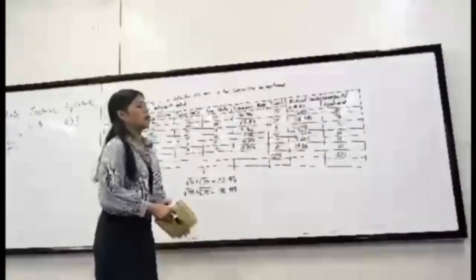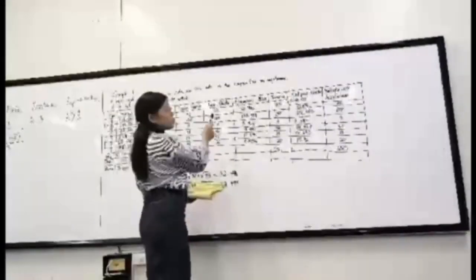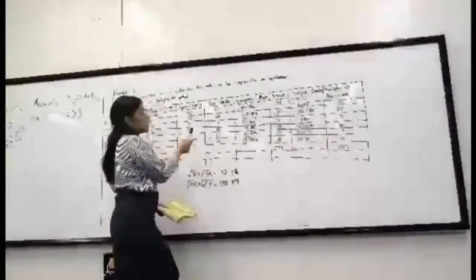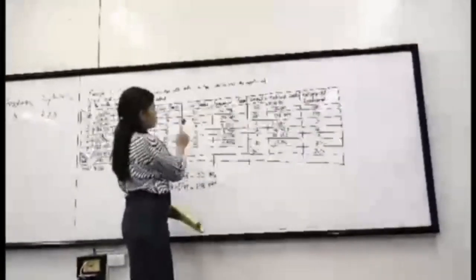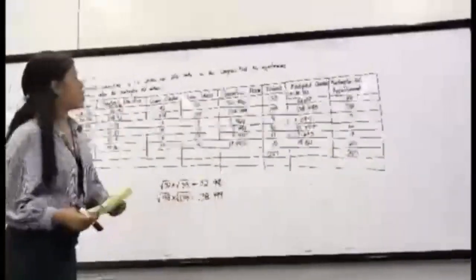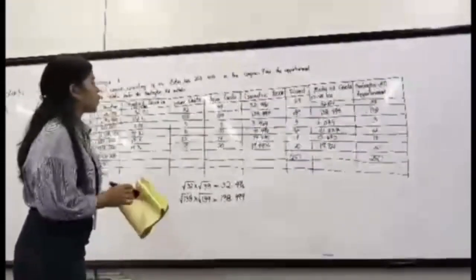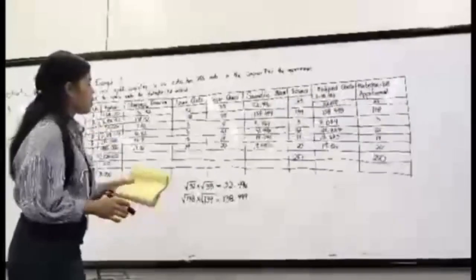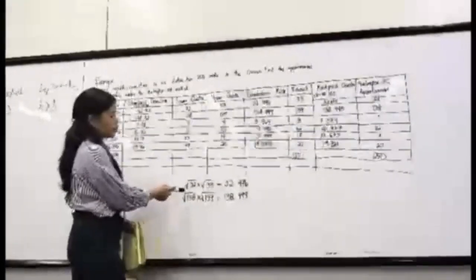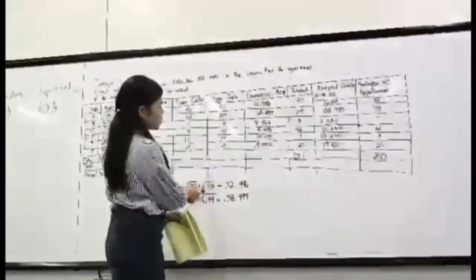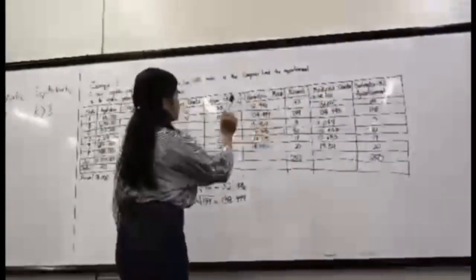And to find our upper quota, we simply add 1. So 32 would be 33, and 138 would be 139, and 3 would be 4. And to find our geometric mean, we should find the square root of the lower quota multiplied by the upper quota. So the square root of 32 times 33 is equal to 32.496. That's our geometric mean.